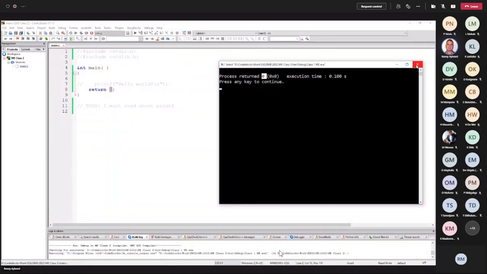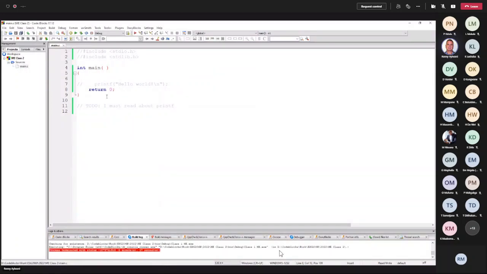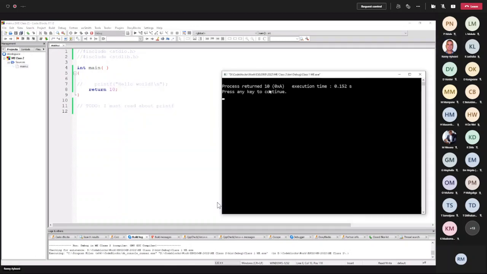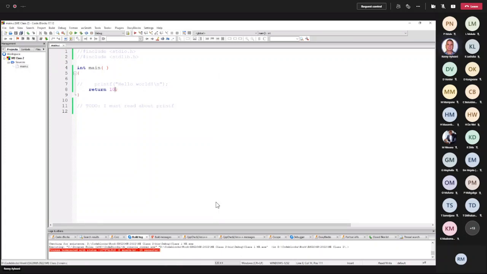Okay, so we'll just repeat the exercise, and now we put, let's say, 10 in there, and we compile and run. And now you will see that it's reflected here, that value 10 that I have there, it now returns that value. You can play with it a little bit, and you can have any number that you like, as long as it's not too big.